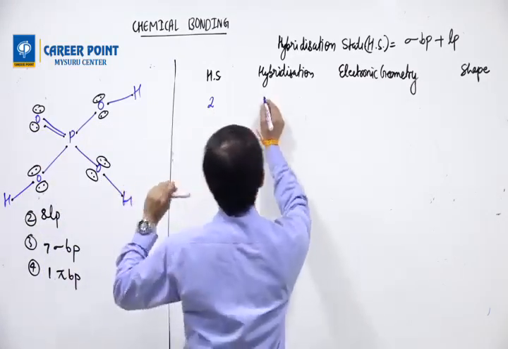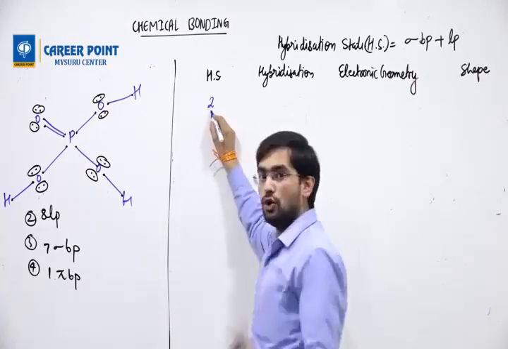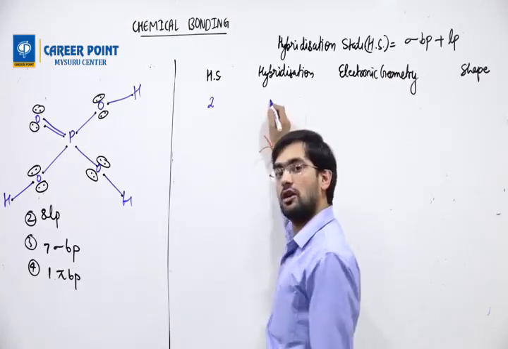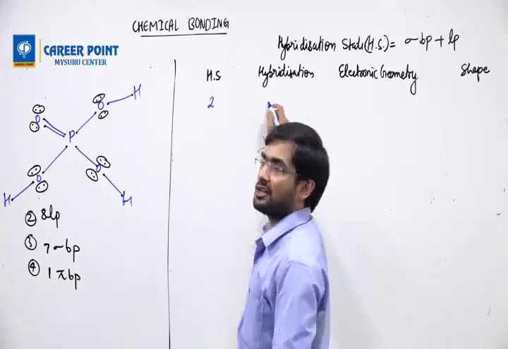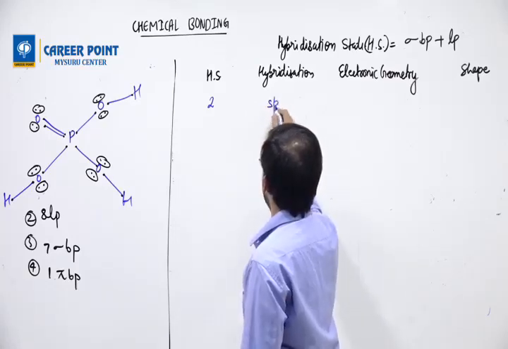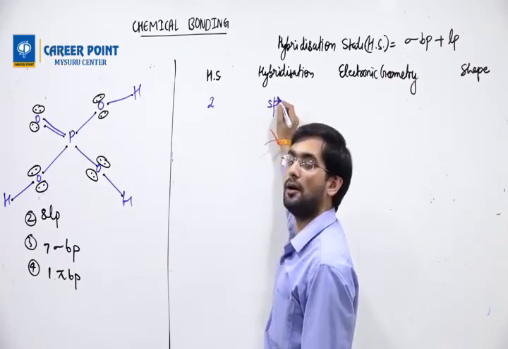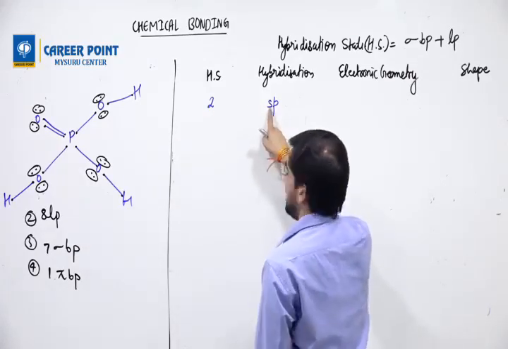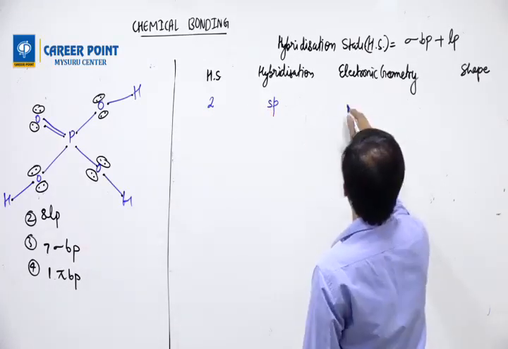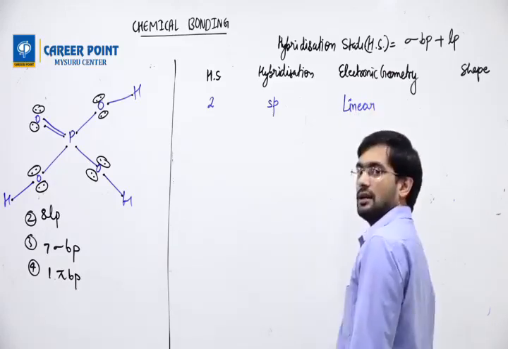So hybridization, how do you write the hybridization state also? That is also something you need to understand. There are 2, so you should write 2 values, but not in digits. You will write it in s and p orbitals. So s, p: 1 s orbital power, 1 p orbital power. Total how many powers? 2. So if you have hybridization sp, the electronic geometry will come as linear.